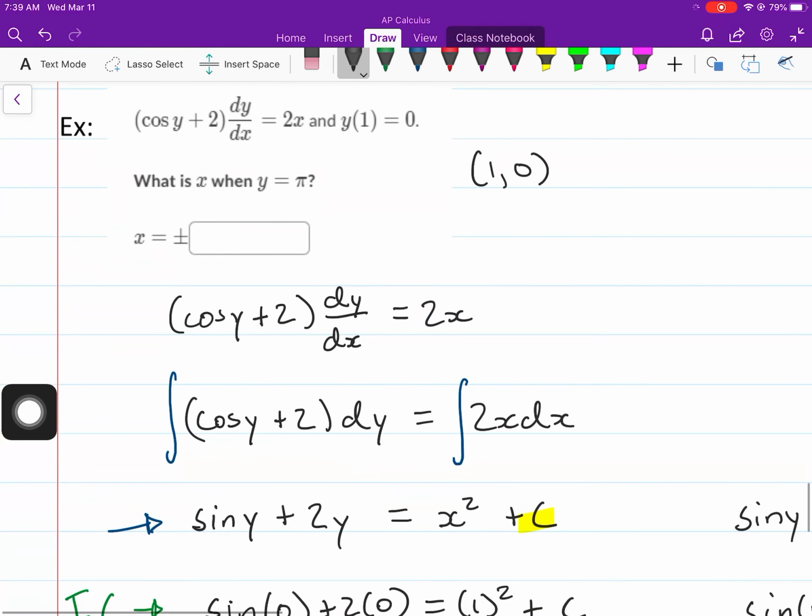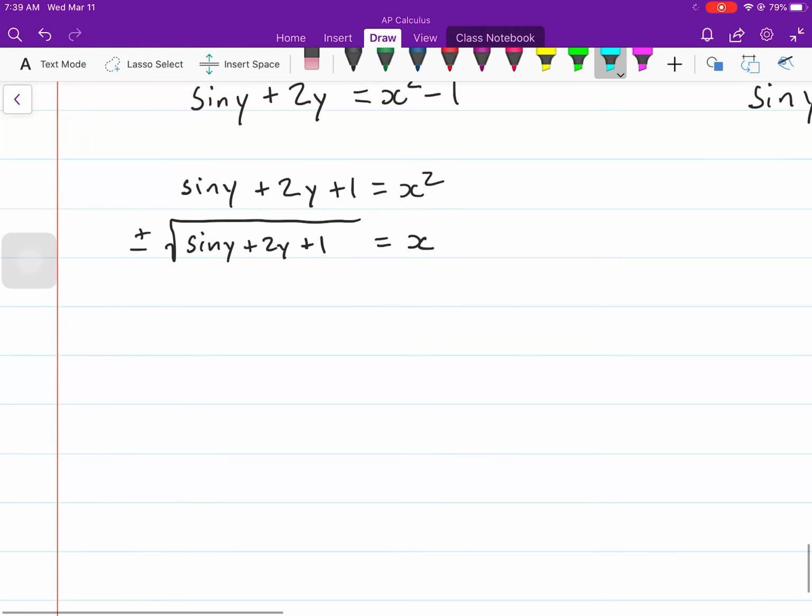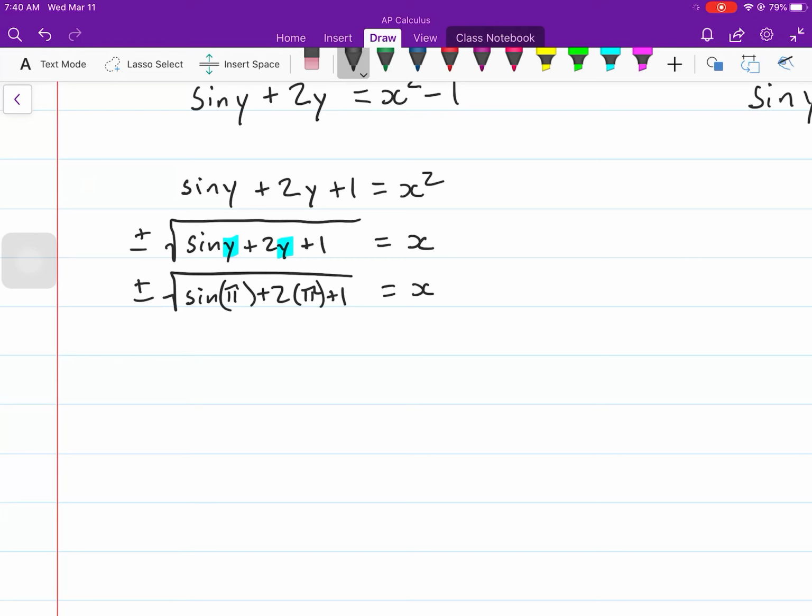Now I'm going to go ahead and see what we get. So when y is pi, I'm going to substitute that pi in for y. And then we're going to find out what x is. So right here on our y's, I'm going to put in a pi. So our answer will be the square root of sine of pi plus 2 times pi plus 1 equals x. And then, of course, our plus or minus in front. Sine of pi, so just remember sine of pi, that's right over here. The y value is 0. So this will be plus or minus the square root of 0 plus 2 pi plus 1. So just the square root of 2 pi plus 1